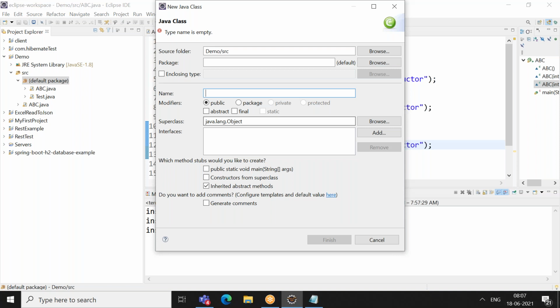Exactly. For example, you can take RBI, the Reserve Bank of India, which is like a head for all the banks, right? Whenever someone wants to establish a bank, they should have some properties like withdraw and deposit.